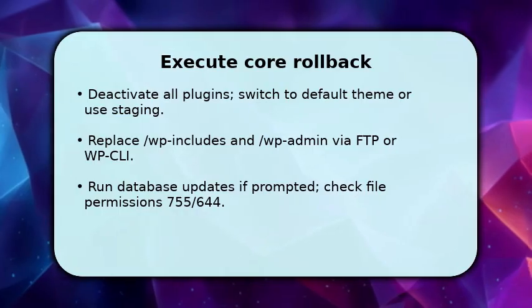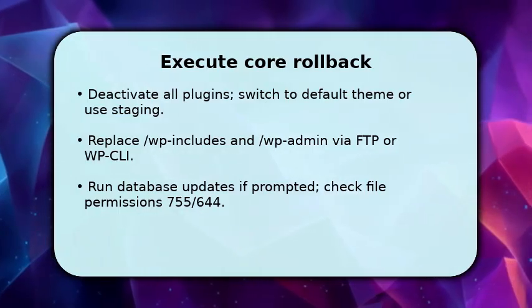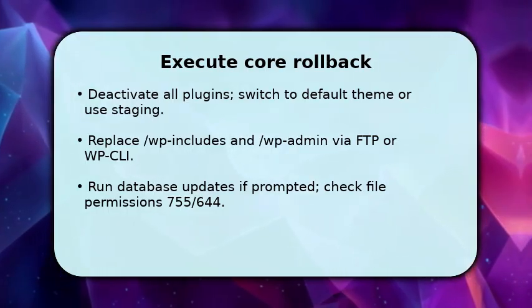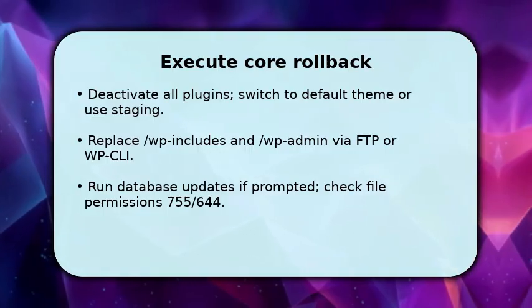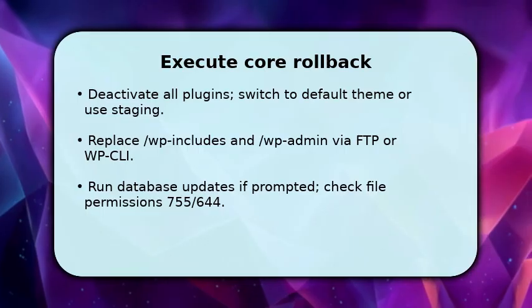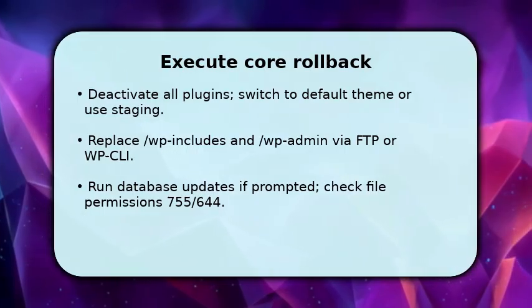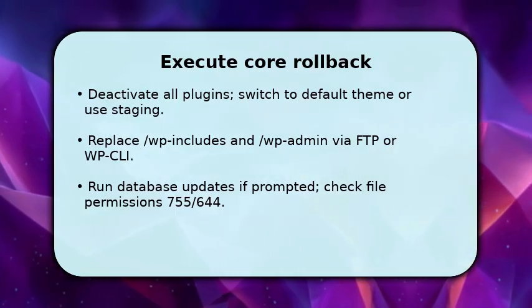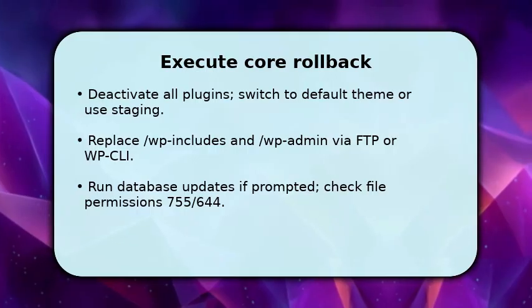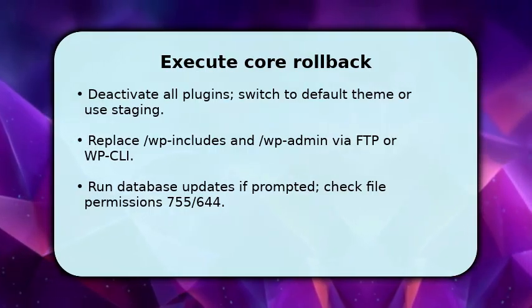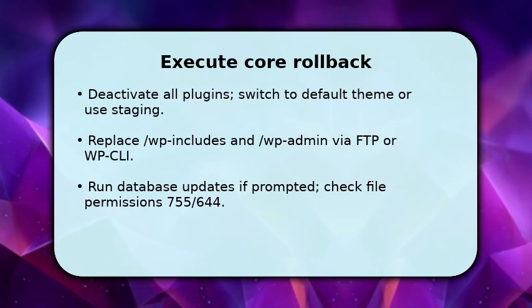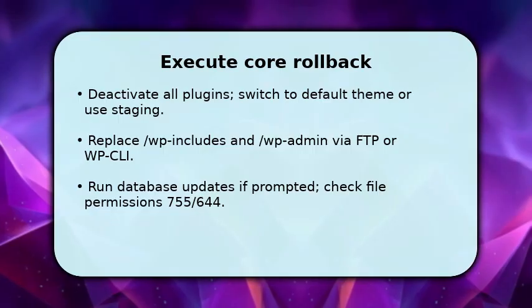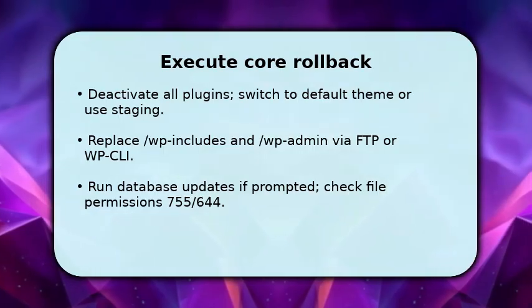You now perform the core downgrade. First, deactivate plugins and switch to a default theme so no hooks break. Then replace the /wp-includes and /wp-admin folders with the extracted older version using FTP or WP-CLI. Do not overwrite wp-content. After replacing files, visit /wp-admin to trigger any necessary database schema adjustments. Follow prompts carefully. Finally, correct file permissions, usually 755 for folders, 644 for files, and confirm no PHP or